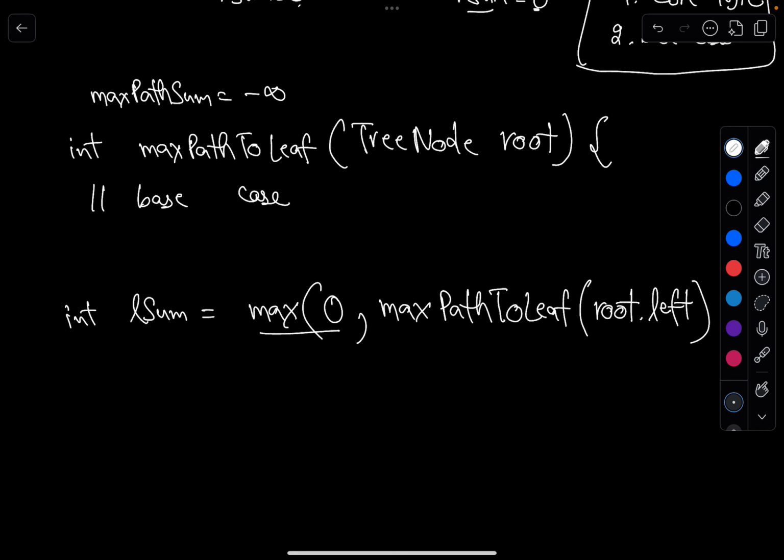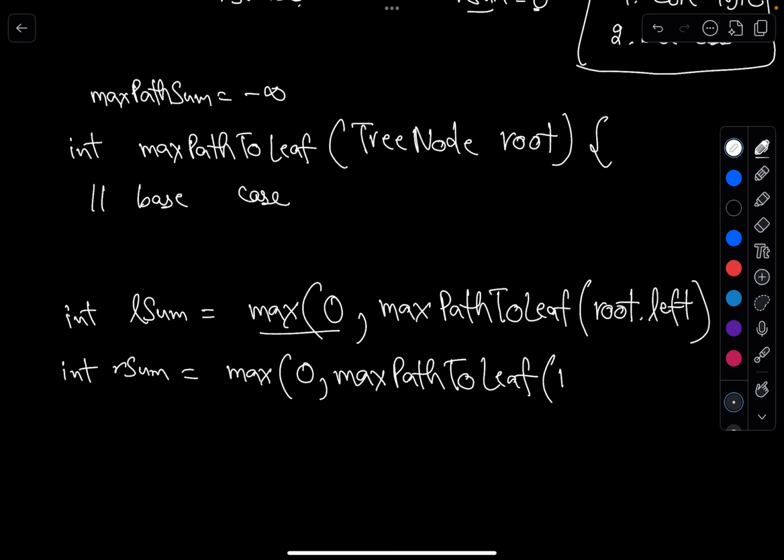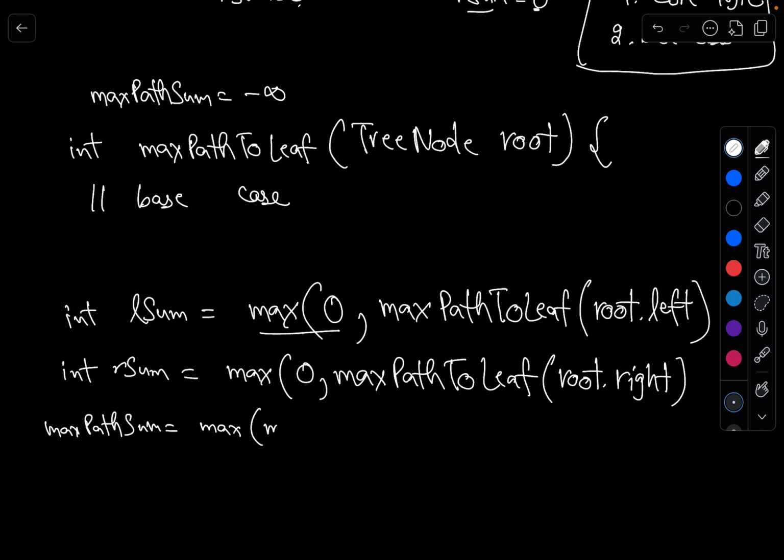Similarly, I do the same for my right subtree also. Either I could take something or I could ignore it if it's negative. So I will call max path to leaf and pass my right children to this function call. Now I need to update my max path sum. What will be the max path sum? It would be the max value of max path sum, comma,